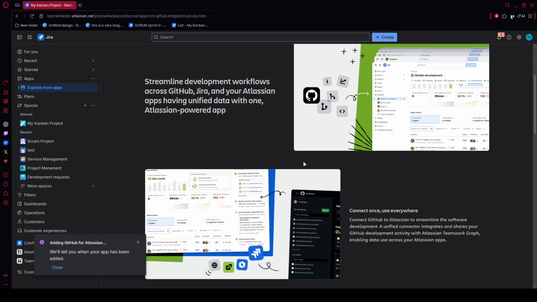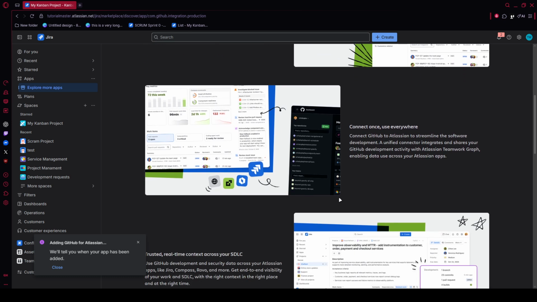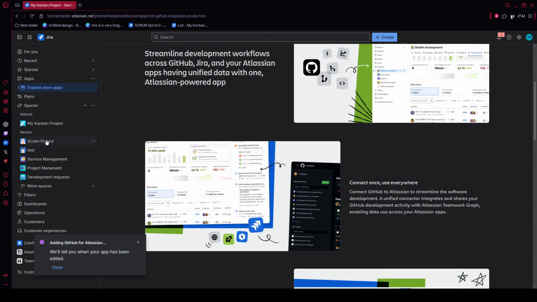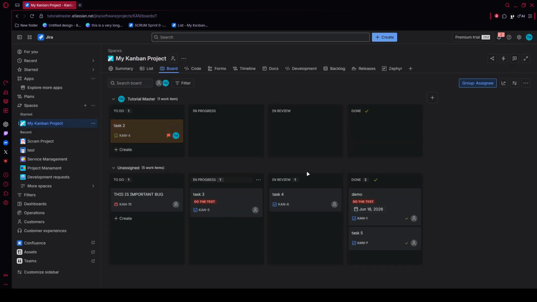After that, return to Jira, open the related issue, and check the development panel on the right side. You should see your branch, commit activity, and tracking updates begin to appear there. That's it. Your GitHub and Jira workflow is now connected, giving your team much better